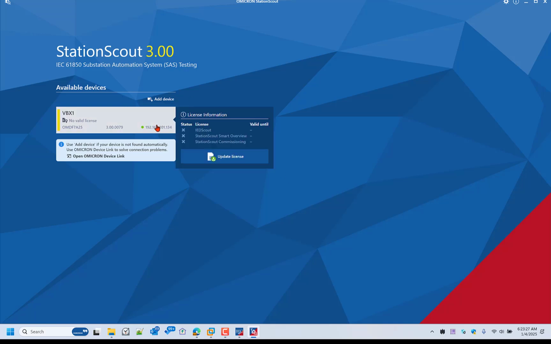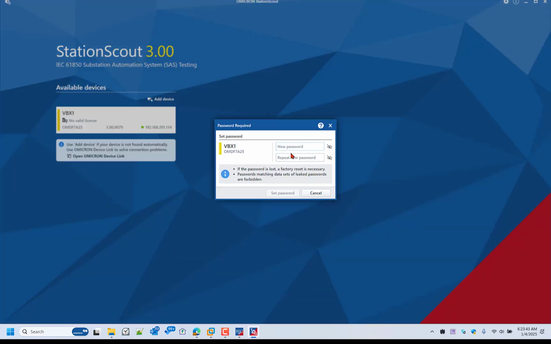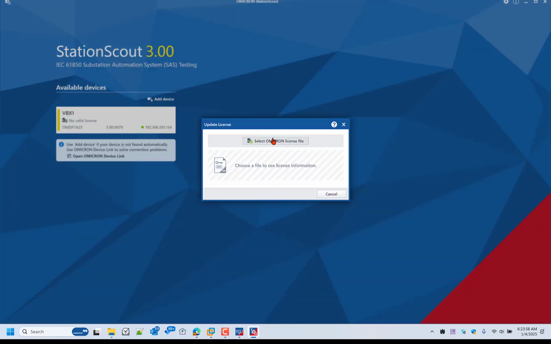The next step would be updating the license, as we just imported the OVA file into our VMware Workstation Pro. So I'll proceed with update license. For the very first time, we need to provide the password for secure access. So I provide the password. Next, I click